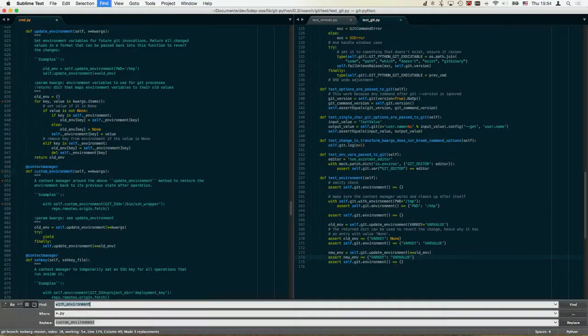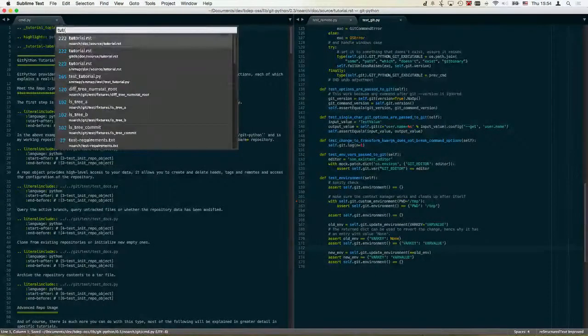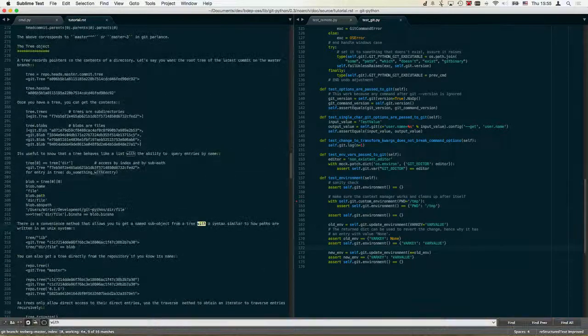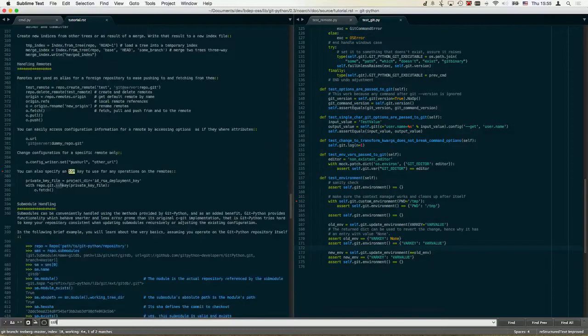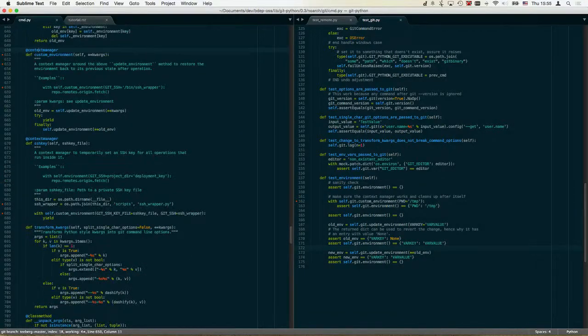Like so. There we go. There we go. And maybe tutorial. No, here we only have the sshkey one. That's all right. So, sshkey, a context manager to temporarily set an sshkey for all operations that run inside it, with